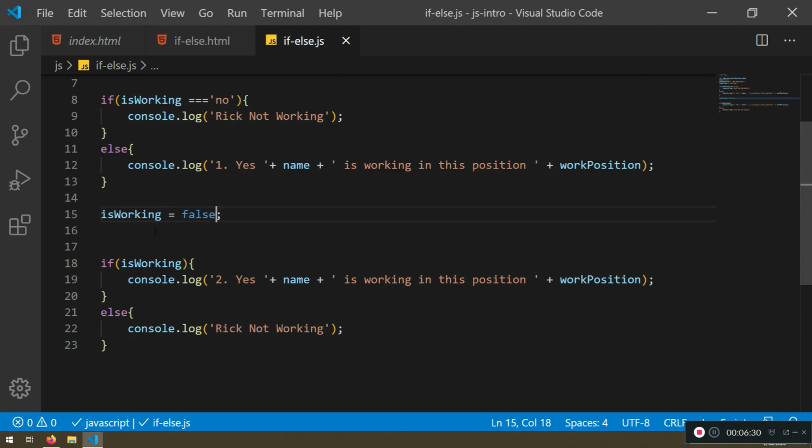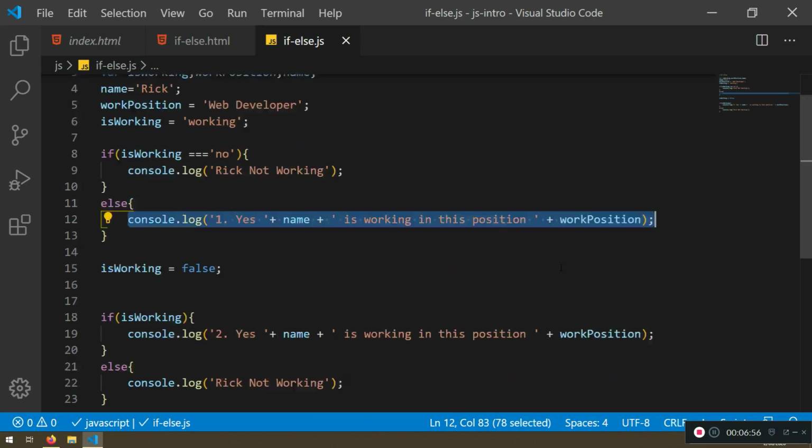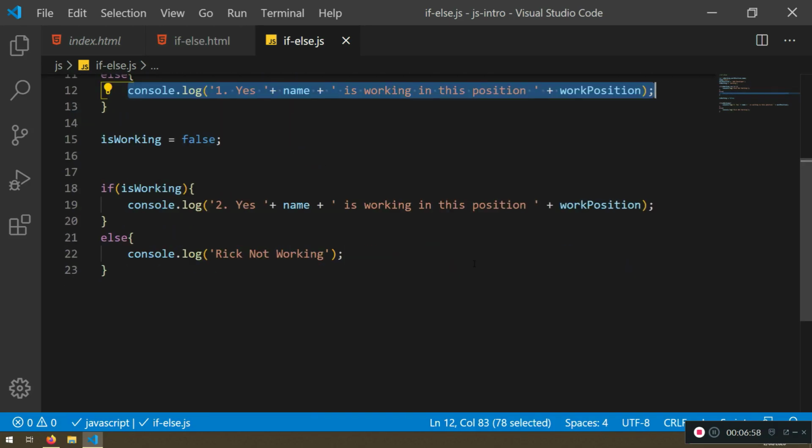So that is how we can use it. But this is very simple. We will use a lot more complex ones, but the if-else statement is the statement that you need to know. There are a lot of different statements that we can cover in the future, but this is the starting point, and I want you to know what an if-else statement means. If this condition is met, this block is run. If not, then this block is going to be run. That's pretty much it. It's the same in PHP, the same in C++, JavaScript,